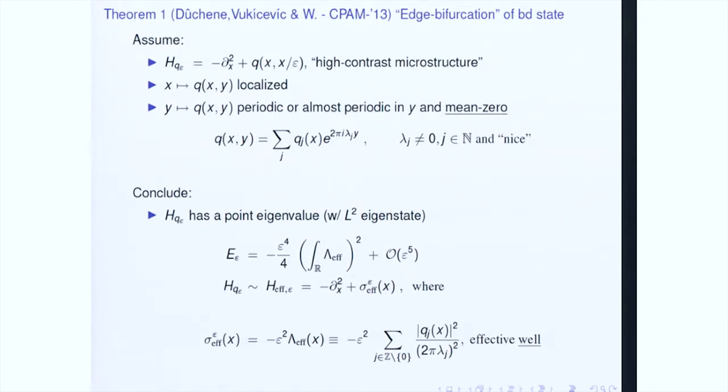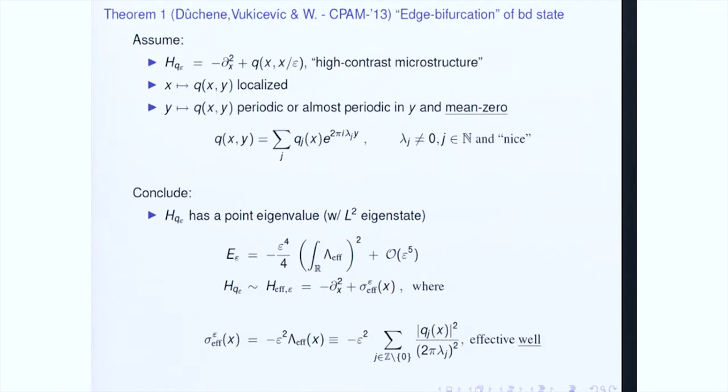And we assume that it's periodic, or, well, it could even be almost periodic. There could be infinitely many frequencies. They can be incommensurate. They should just be a nice family of frequencies. And by nice, that means that it has to be mean zero, so none of these lambda j's should be zero. And secondly, they shouldn't cluster. Okay, so they shouldn't bunch up. Lambda j minus lambda k can't go to zero as j and k go to infinity. If that happens, then you have sort of small divisor type issues.